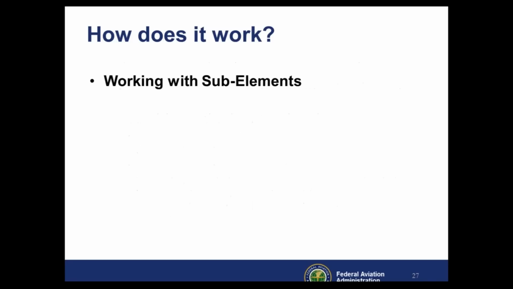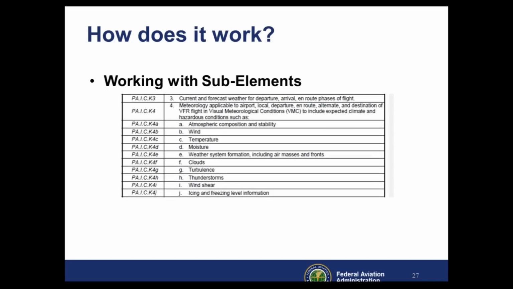Another way of saying that is anything that's added based on the knowledge test could satisfy these minimum requirements. We do have something called sub-elements, and I don't want them to create any headaches for you. It's really very straightforward. You'll notice in this list we have K4, that's a knowledge element, and then you have K4a, K4b, you see the whole list there. Those A, B, C's are called sub-elements. The only reason it's arranged that way is because it made sense from an organizational perspective. It was easier to work with it that way.